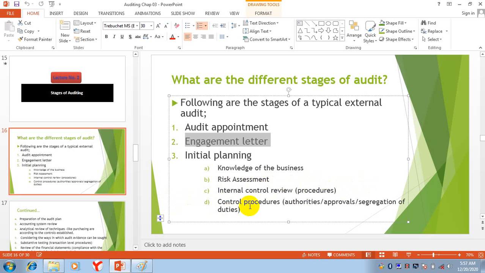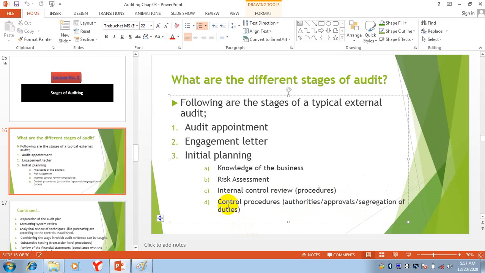Then control procedures and authorities. What are the control procedures? Who has authorities? Who will give approvals? Who will give segregation of duty, meaning the assignment of duties?